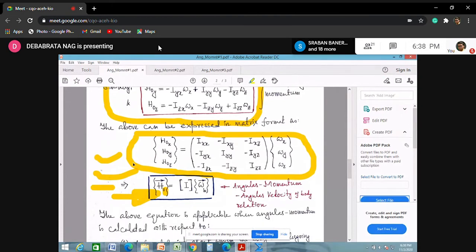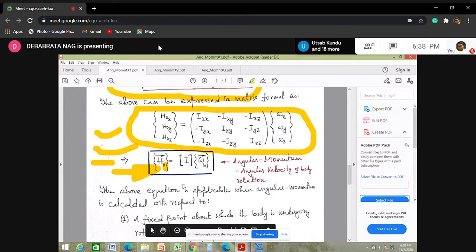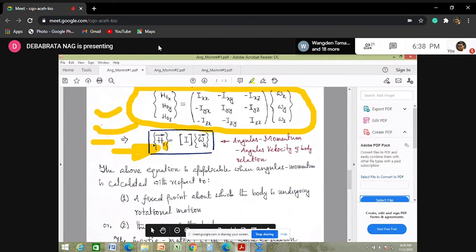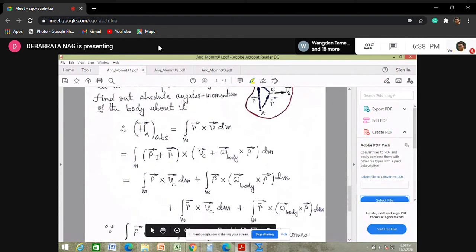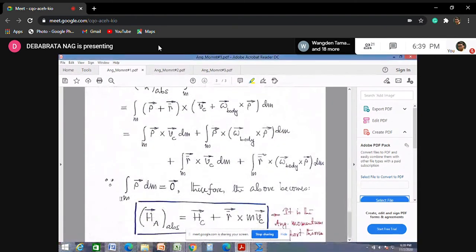So in that particular case, you should remember that it should be the relative angular momentum. So actually this represents the relative angular momentum, and this is the absolute angular velocity. So the term should be there that it should be relative angular momentum, hyphen, absolute angular velocity of the body under consideration. So this is what we stated, and then we came across a very important equation.